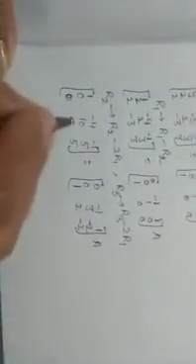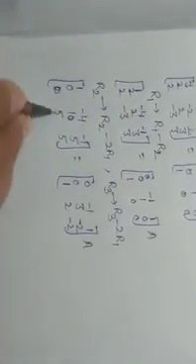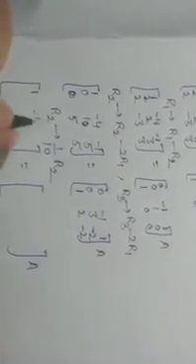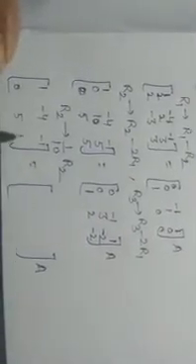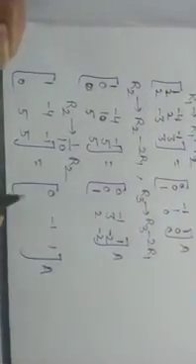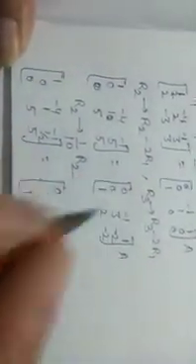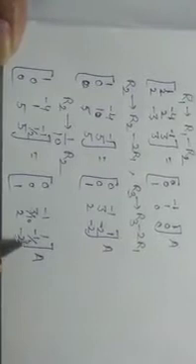Clear? Now we will make this 1 by using R3, but it is impossible to make 1 by using R3, so we will divide by the same element. R2 tends to 1 by 10 R2. Now first row no change, third row no change. Divide R2 by 10. So it is 1. 5 by 10 is 1 by 2. 0 by 10 is 0. 3 by 10 stays 3 by 10. -2 by 10 we can write as -1 by 5.